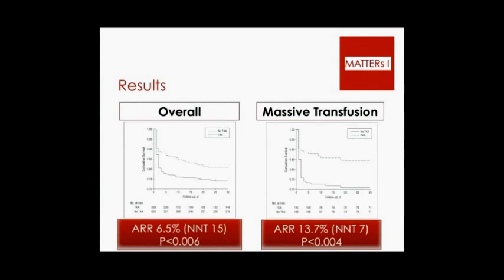Now, if you look at the massive transfusion subgroups, again, these patients were understandably equally sick, and they seem to benefit even more. The absolute risk reduction was 13.7% with a number needed to treat of 7, and that was statistically significant as well. One thing I do want you to note, however,